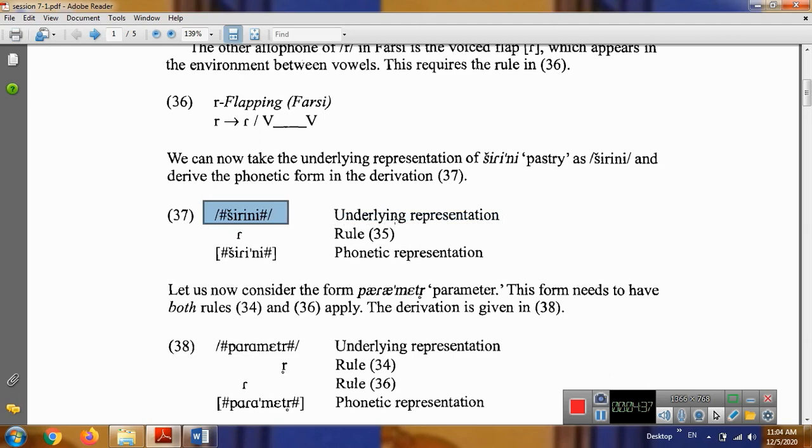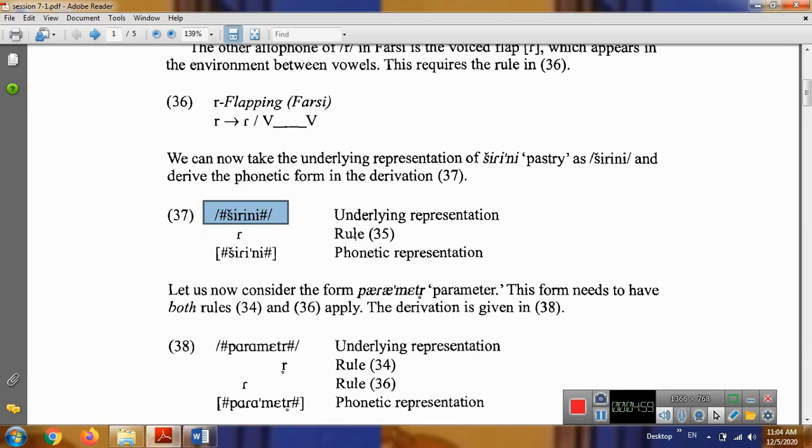For showing the underlying representation, we use two slashes and two symbols of word boundary on both sides of that word. And after that we apply the rule of